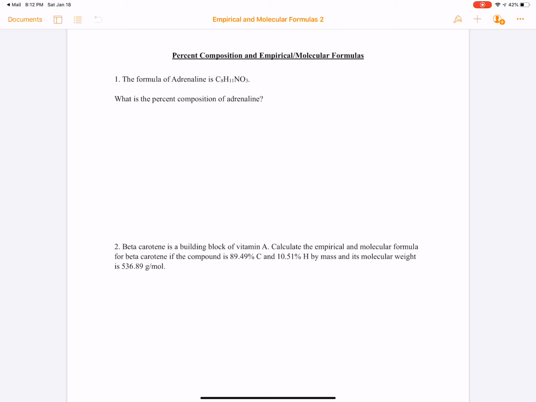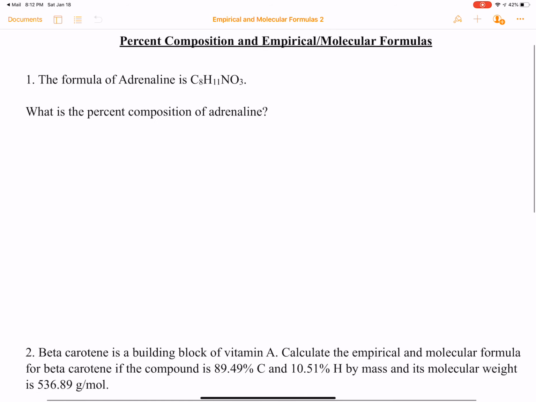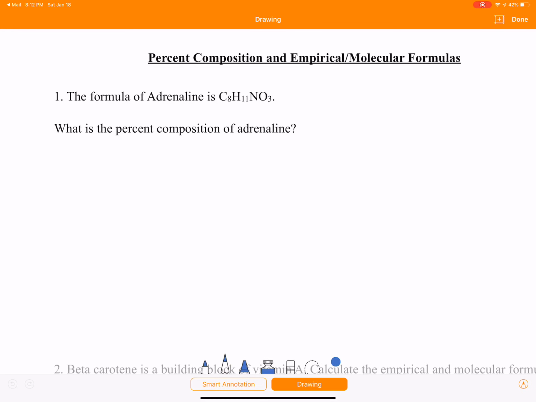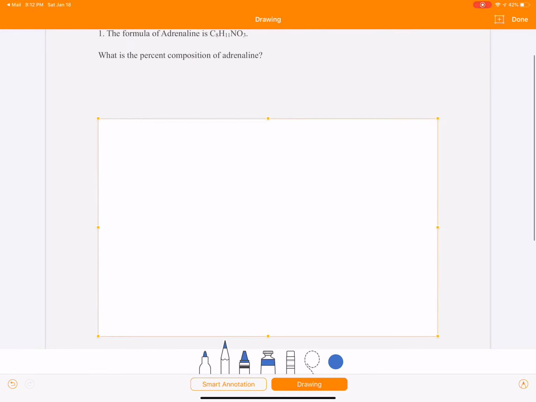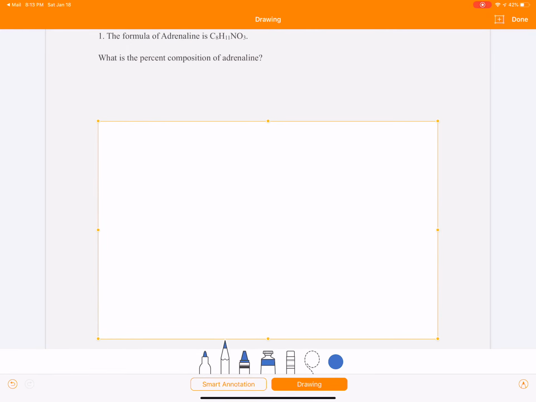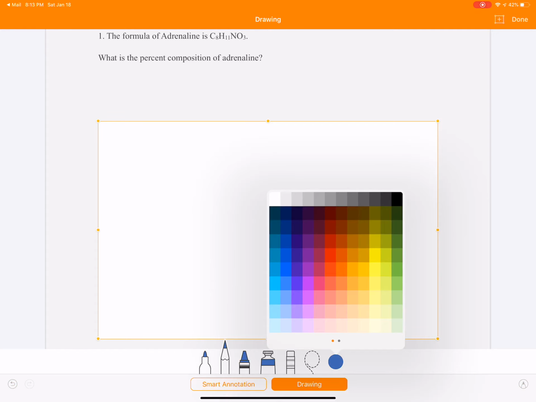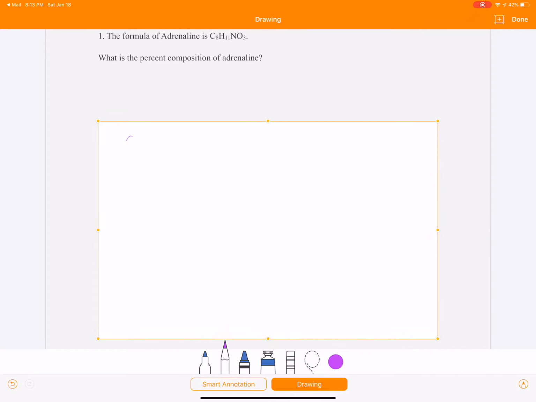I'm Hunter and today we'll be discussing percent composition and the empirical formulas and molecular formulas and how to find them. So the first thing we're going to do is this first problem here. The problem says to find the percent composition of adrenaline, given that the compound of adrenaline is